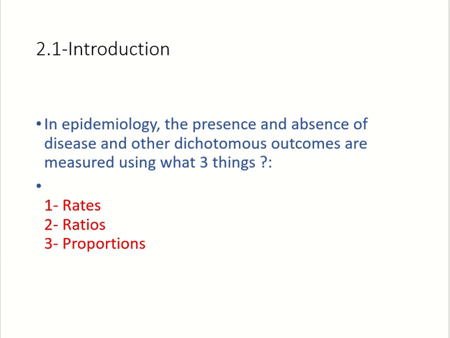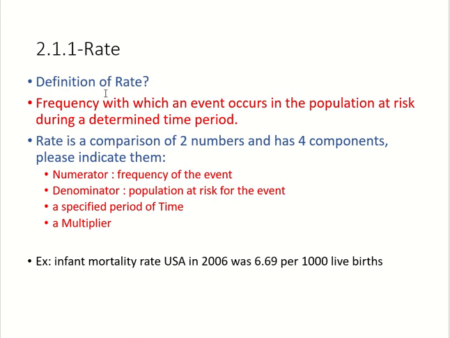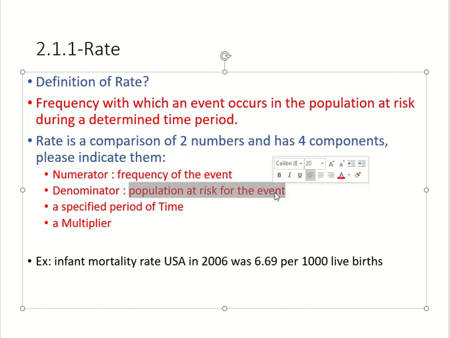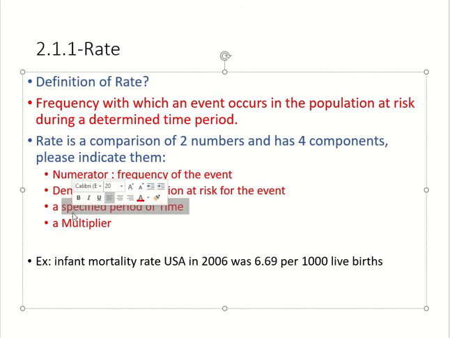Rates. So what is a rate? It's a frequency with which an event occurs in a population at risk during a determined time period. A rate is a comparison of two numbers, and it has four components. In the numerator, you put the frequency of the event, how many, let's say, myocardial infarction. In the denominator, you put the population at risk of that event. You will delineate it in a specific period of time, and you usually use a multiplier so that the number